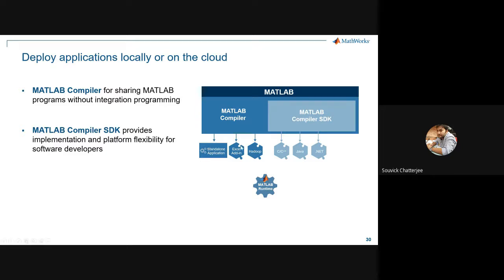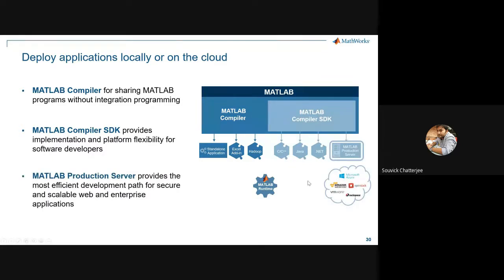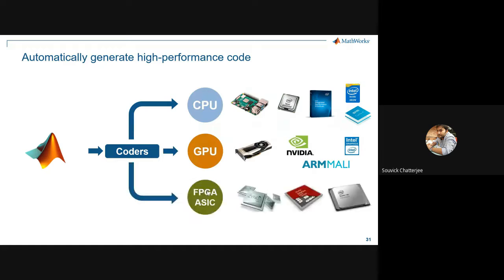You can create Excel add-ins. There was one on Kafka integration or something that came up earlier, but you can integrate with all these cloud structures like Hadoop, Kafka, and all these types of things. Okay, so you can do these types of things. The next is, as mentioned on that HDL type thing, you can also generate code for different types of hardware, which can be CPUs, GPUs, FPGAs, right? FPGAs relate to that HDL, but if you have NVIDIA cards, you can convert. So we have something called GPU Coder.